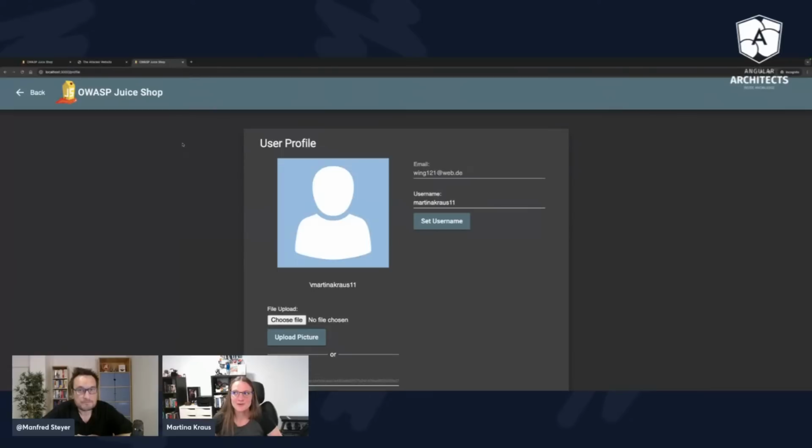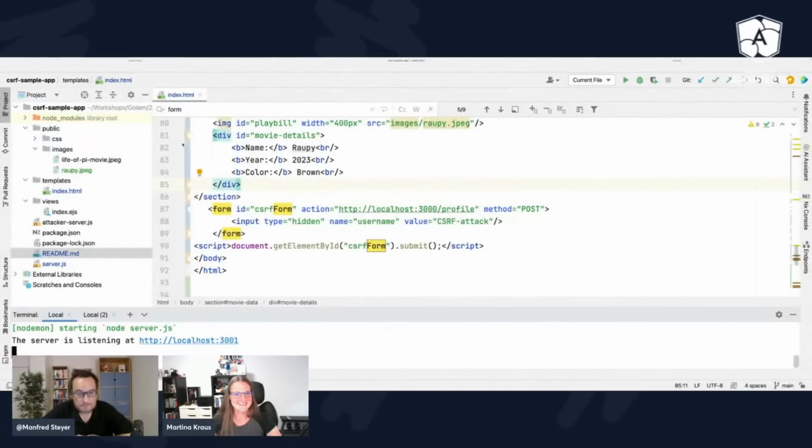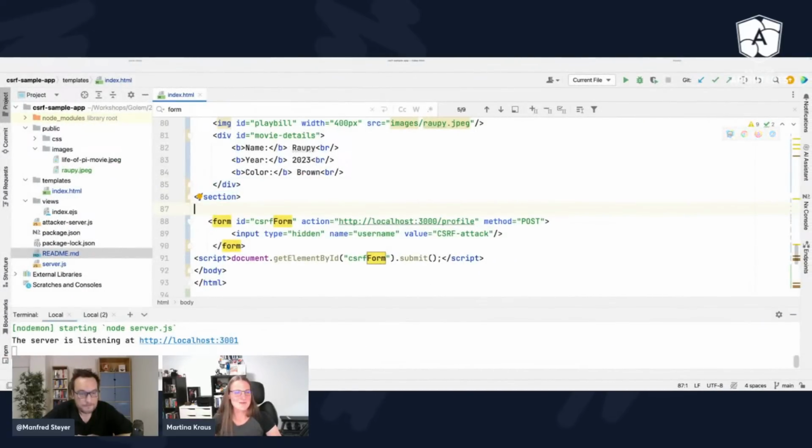But well, once again, what is the worst tag of the whole world? The iframe. Absolutely. So what I insert here is an iframe tag, a hidden iframe to be clear. And I want to have this action executed inside the iframe.